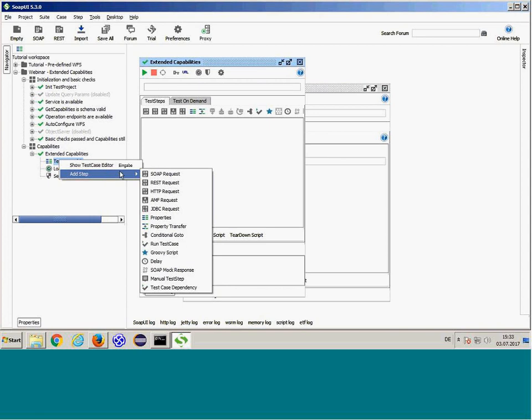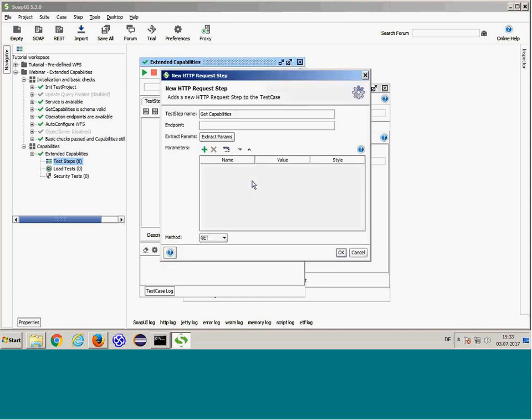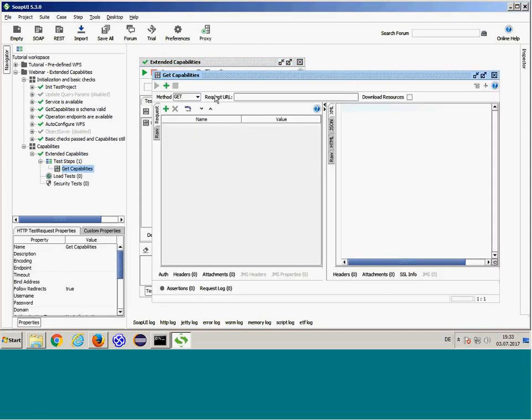To interact with the test object, we add an HTTP request to request the capabilities document, and we are using the endpoint set in the executable test suite.